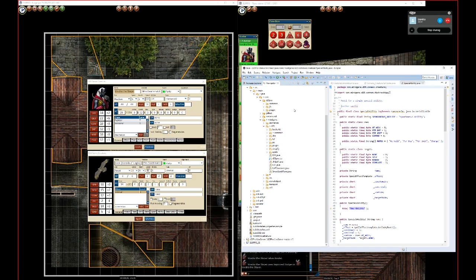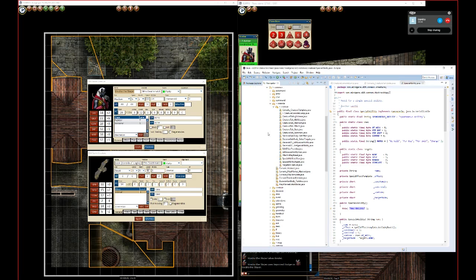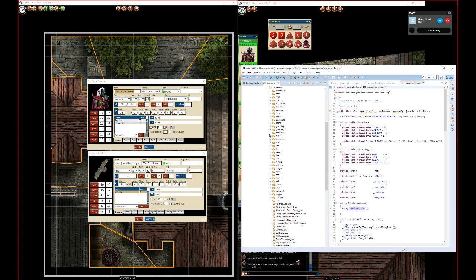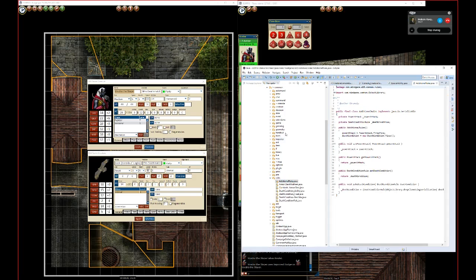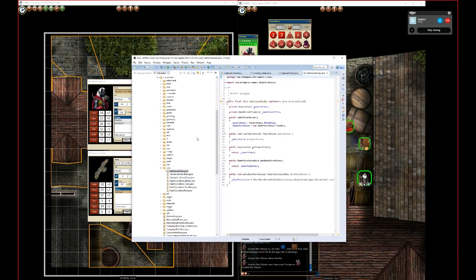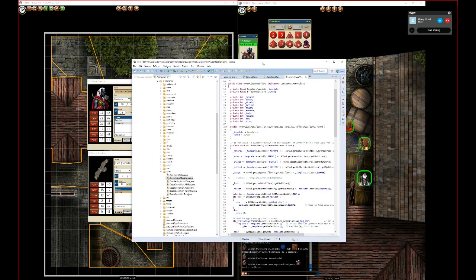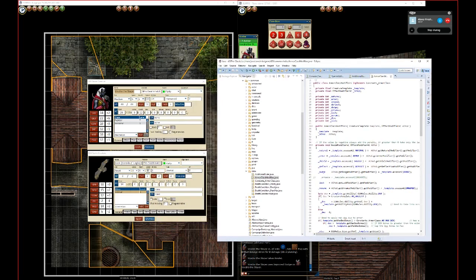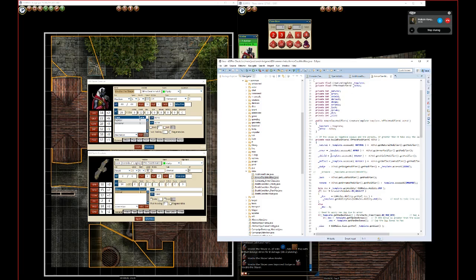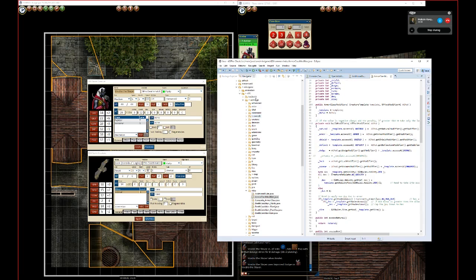I forget where we found the rules last time. Here, rules. So these rules definitions, I think, are what you were looking at. And here you can see this is the definition of that armor class modifier, for instance. This chain of additives here is defined under